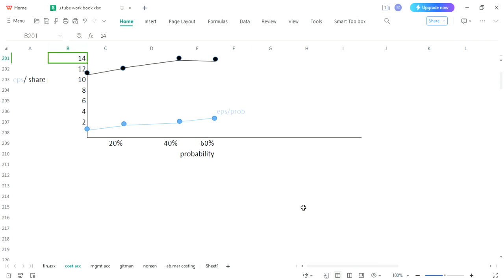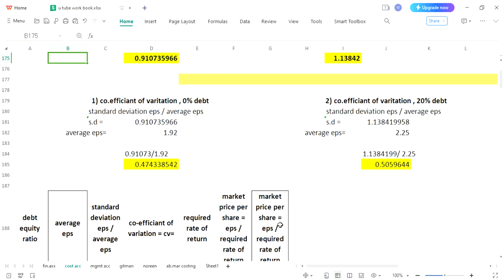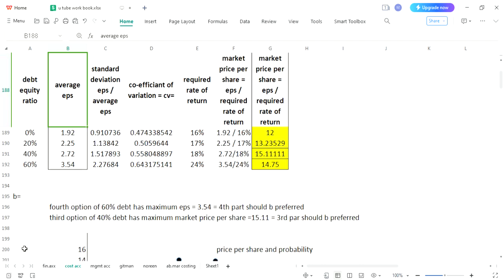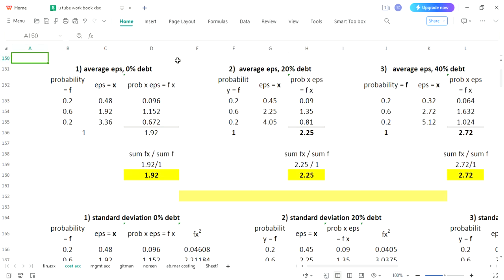Let's see this graph again, where on the x-axis you have presented probability, and on the y-axis EPS and share price were presented. This black line is showing the relationship between price and probability. Price was here, probability was in the first column, and you can see that after this stage your price has dropped. So this is your optimal structure, and EPS is continuously increasing. Fourth, 60%, and in the case of share price, this is your optimal structure. In this way our question has been completed,